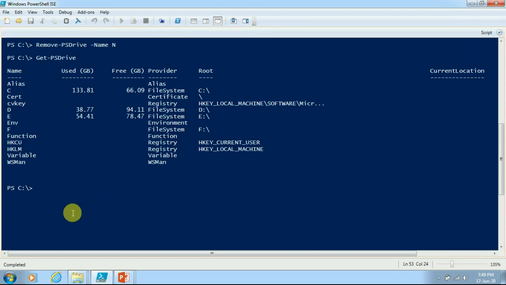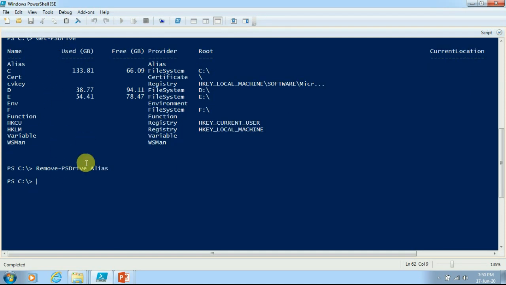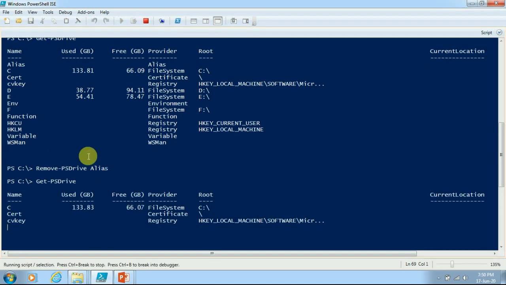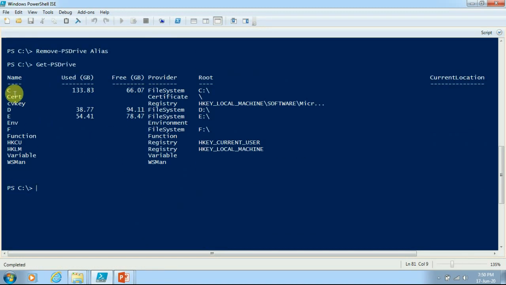So for example if I want to delete any drive like alias, it got deleted. To verify once again you will see that alias is no more available in the list, but that got deleted from the temporary session.